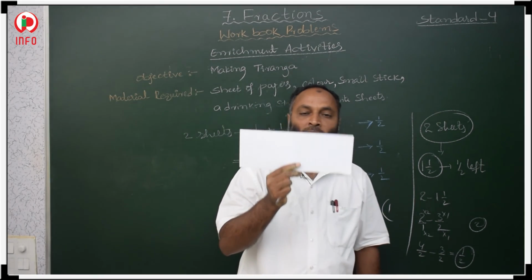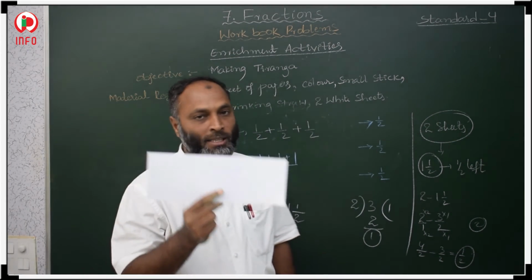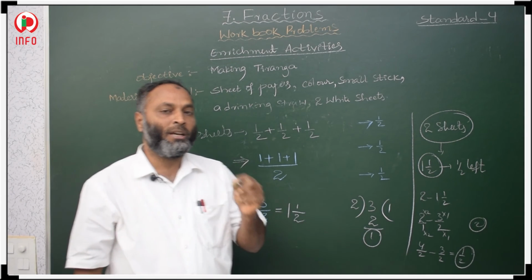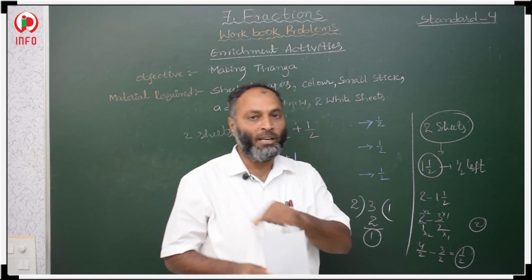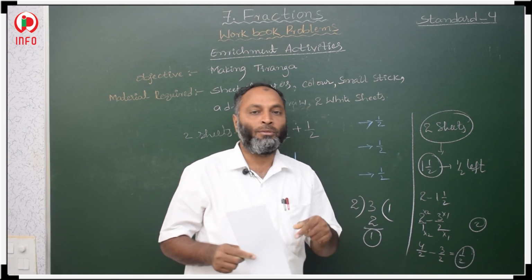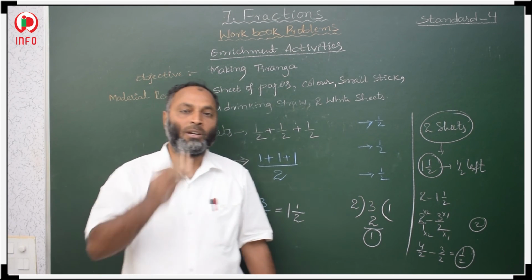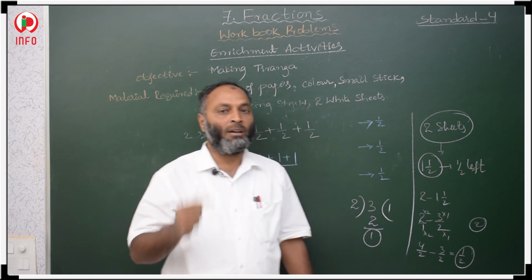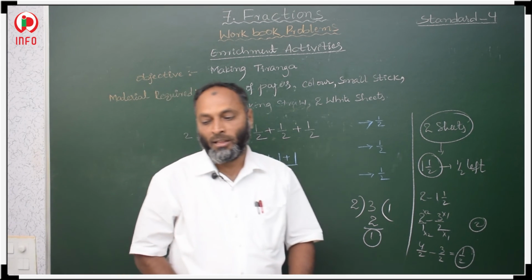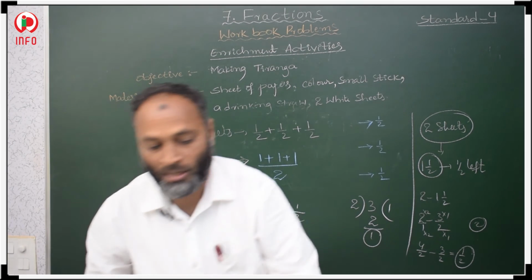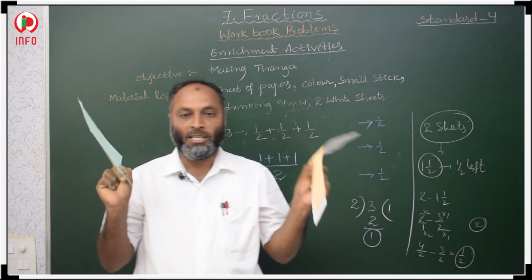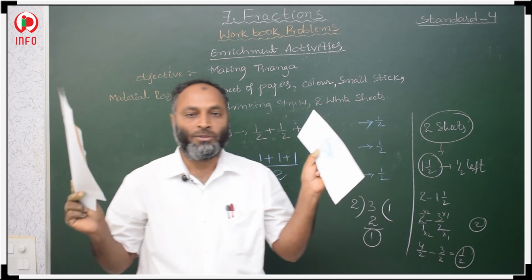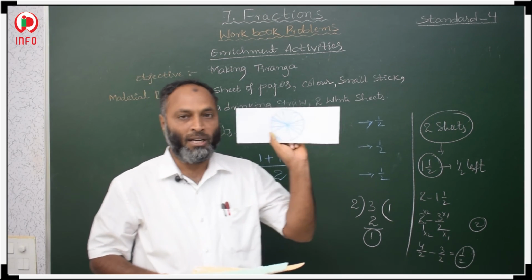Practically we have to do like this. First we make a flag using 2 sheets. In that, we first fold our sheet lengthwise and make 2 halves. In total, 4 halves you have to prepare. In those 4 halves, first make one half orange, then green, and one in white color. Then 3 halves we used, and in the white sheet we have to draw a tiranga also.